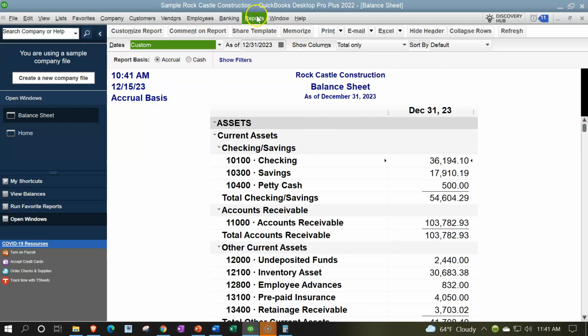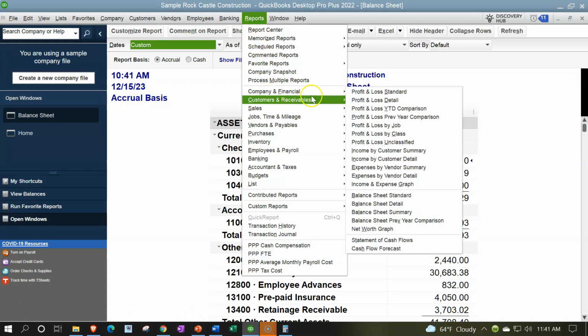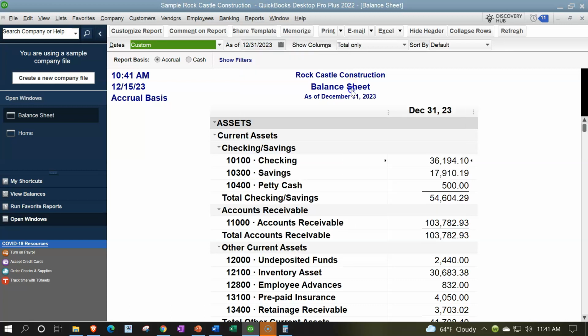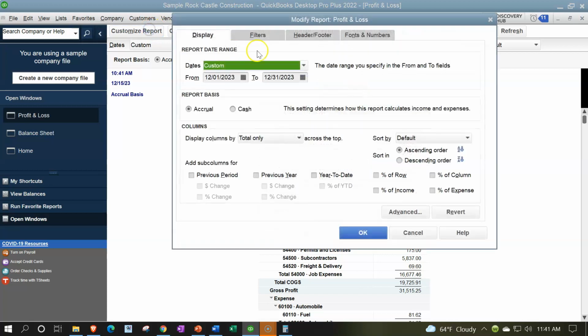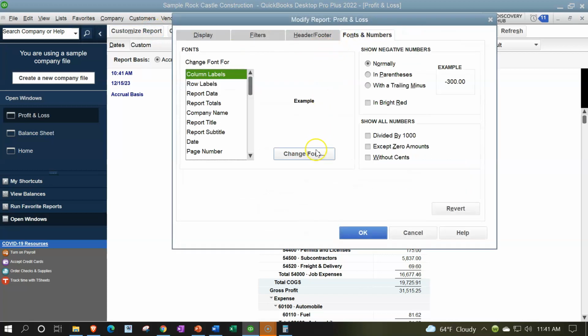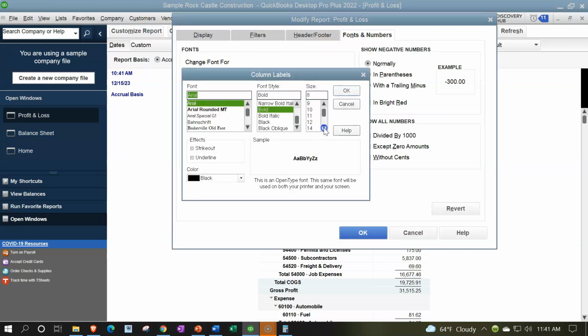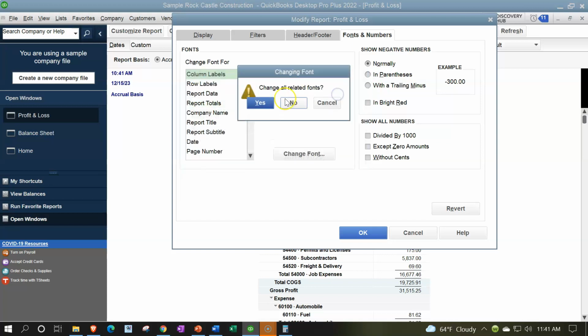Same thing with the P and L as has been our custom. Company and financial, profit and loss, changing that end date to 12/31/23. Customizing that report by going to the fonts and numbers, changing that font to 14 and okay, yes please,